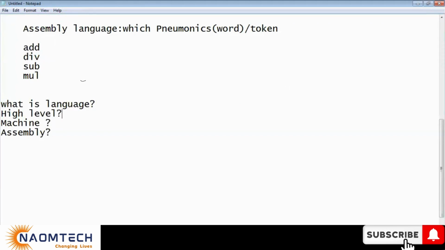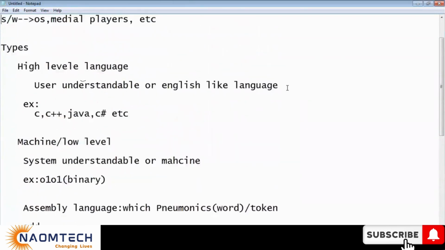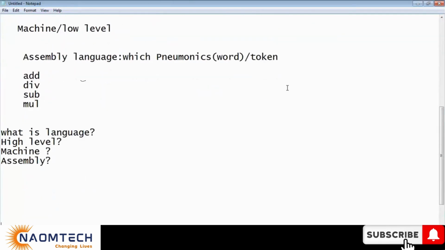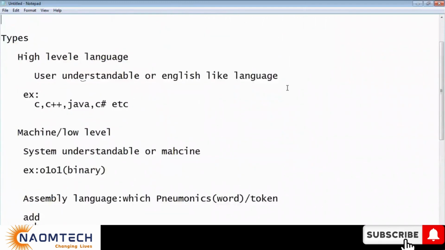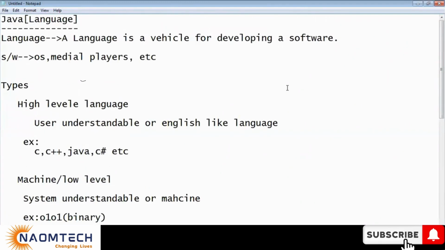In the next video, we are going to discuss translators. Now we understand languages and types of languages. In the next video, let us focus on translators and types of translators. Then we'll discuss more about